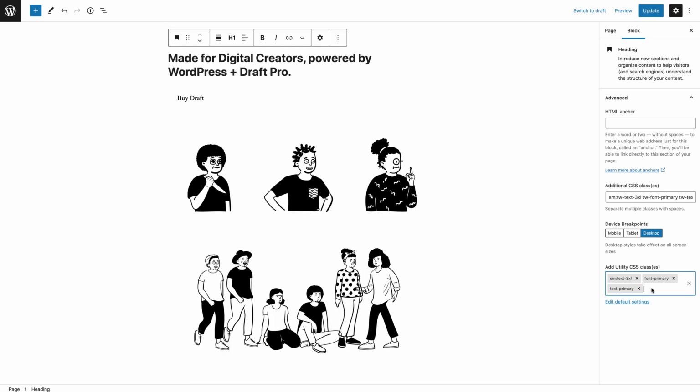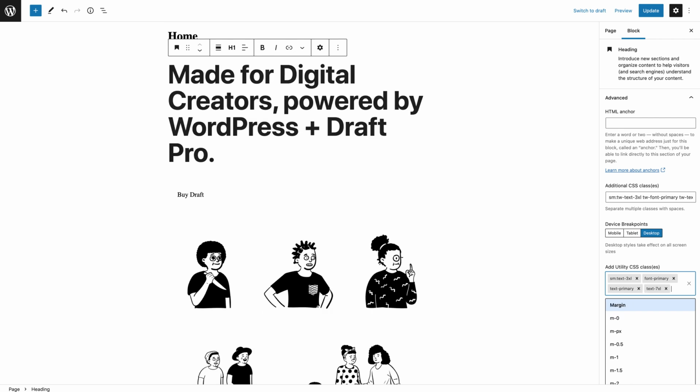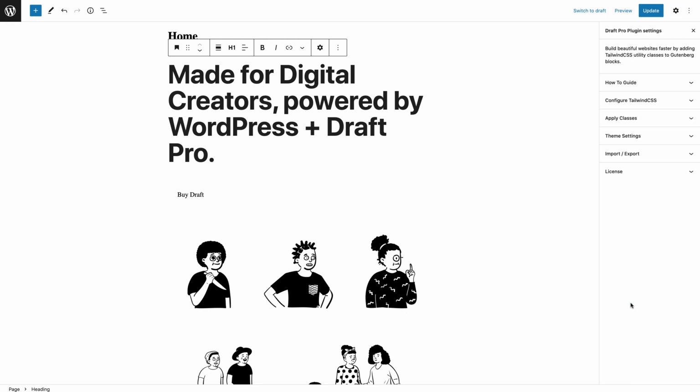Let's try another one. Let's do text 7XL. You can see it makes it quite a bit bigger there, and then on mobile it's going to take it down to the text 3XL. But let's say, for example, you don't necessarily want this text 7XL to be this size, and you want an alternative style for the primary font and the primary colors. Again, the defaults are set, and in the documentation you can see all the defaults, or if you navigate to the default settings,